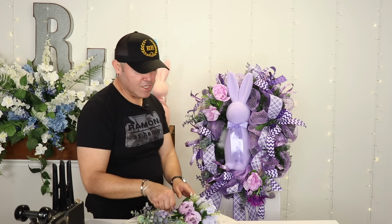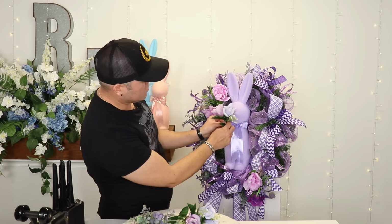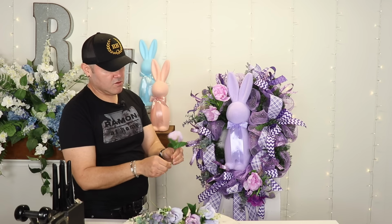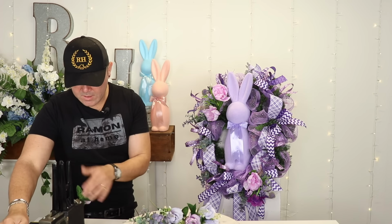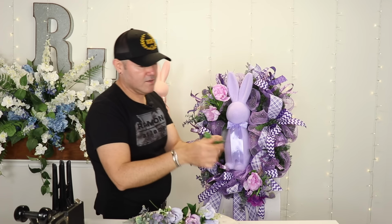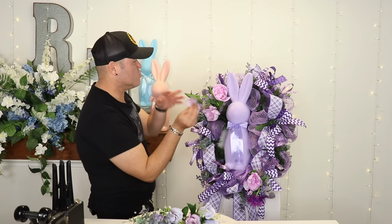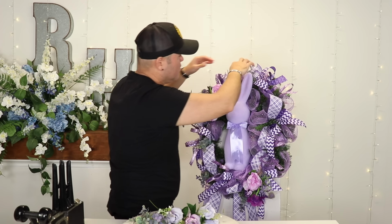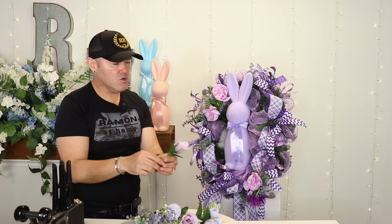Now I do have some of these beautiful roses as well. They come in lavender and in purple, and these 2 are perfect. So I'm going to do one at a time. I'm going to fold the top. Remember to always do that. I'm going to put the steel pick, and then I'm going to put some glue. And what I'm going to start doing is dropping these flowers right here on the top. I'm going to start right here, and I'm going to go all around the perimeter. And remember, I'm going to only do one side,